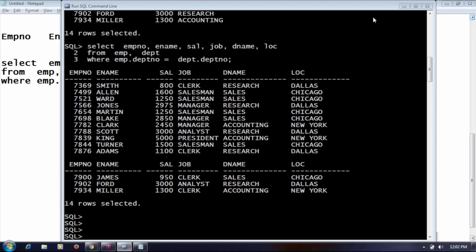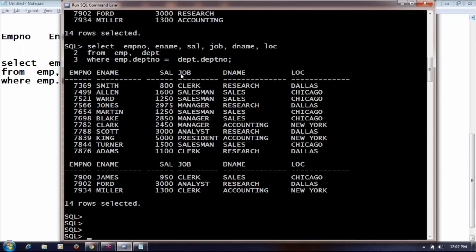My question was, at the moment we have department number common in both the tables. If there are multiple columns common in both the tables, then which one should be linked, which one should be used in the join? It's up to you. You can use any column which is common between the 2 tables to join and display the data. Generally, most of the time there is only one common column between the 2 tables, but if you have multiple common columns between the 2 tables, it is up to you.